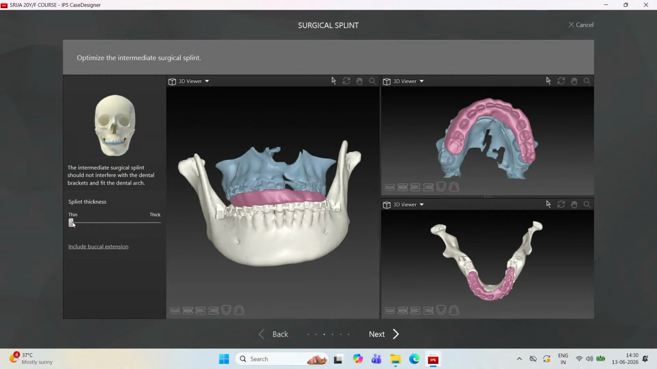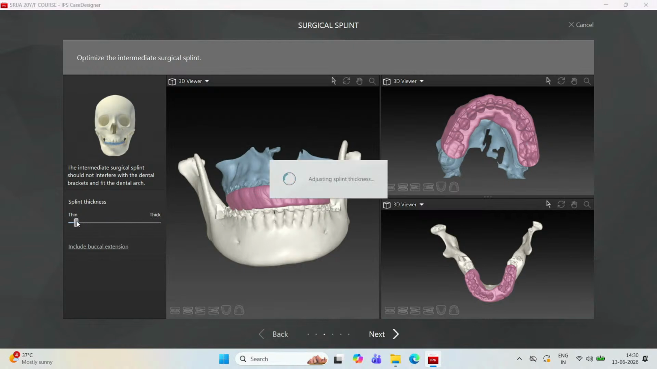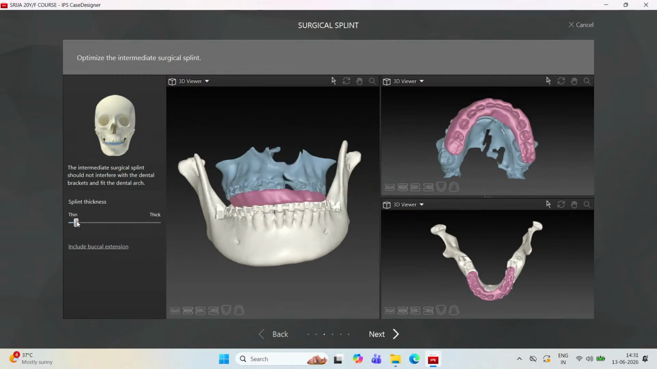So now we can adjust the thickness of the splint, which means that you can add more material to the buccal and the lingual aspect of the splint. In between the occlusal plane, it's going to be the same. There's not much material going to be added there. When you increase the thickness, you tend to add more material on the buccal and the palatal aspect of the